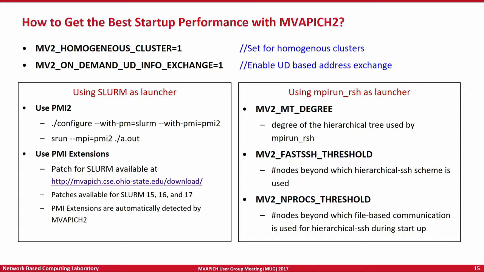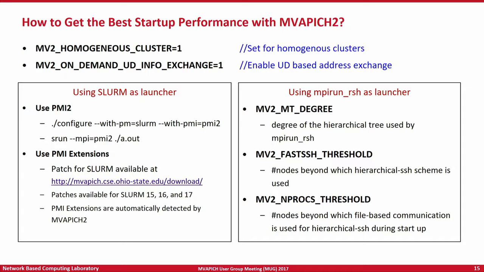Let's say after going back to your home institutions, you want to try MVAPICH and you want to see how this particular optimization works or how that particular design is enabled, you can use this slide as a guide. Of course, we have a user guide, but that's almost 100 pages long and it has about 400 odd environment variables in there. So it's very hard to see which variable is being used for what particular feature. So in that regard, we are hoping that this tutorial will be kind of a quick start guide for you to see how to get the best performance from MVAPICH2.